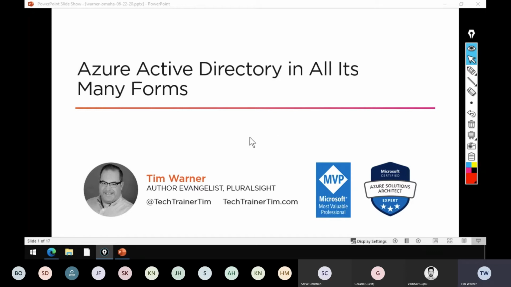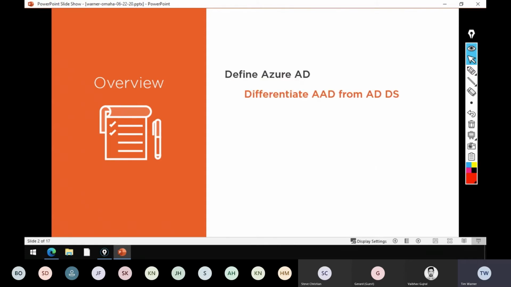This is Azure Active Directory in all its many forms. Specifically, what we're going to do is first make sure that we understand exactly what Azure AD is. I find this is an initial challenge with customers who are accustomed to Windows Server AD, assuming, because it's Microsoft, that Azure AD is the same thing. Besides being an identity store, that's about the only similarity. I also want to make sure that we're clear on the relationship between Azure Active Directory and Microsoft Cloud Platform subscriptions.